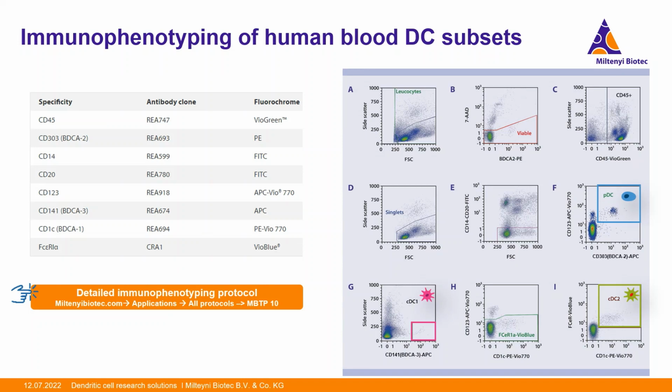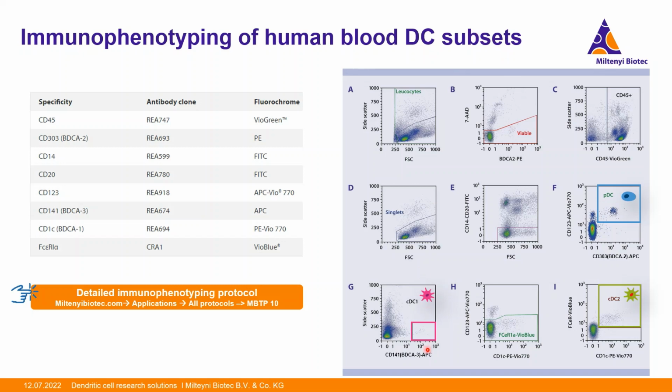In this slide, you observe a detailed step-by-step gating strategy to evaluate DC abundance in blood samples. Cells from lysed blood were characterized using the panels shown here in this table. First the debris, and then the 7AAD positive dead cells were excluded, and then CD45 positive cells were selected. From there, side-scatter low cells were selected, and the CD14, CD20 negative cells were selected, and within these, the abundance of PDC, expressing CD123 and CD303, was evaluated, as well